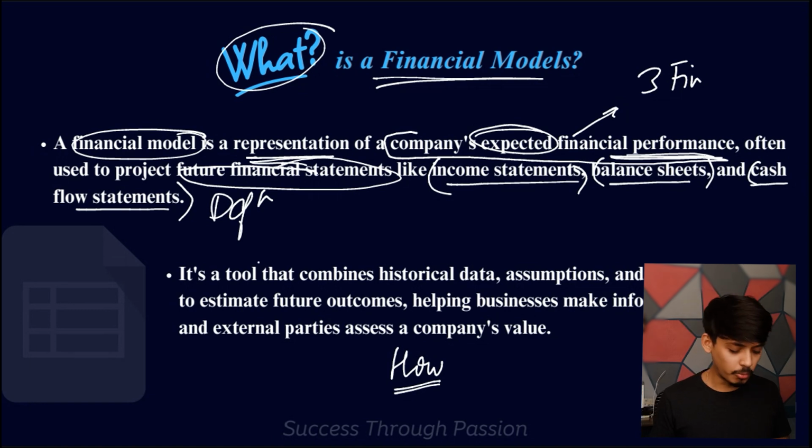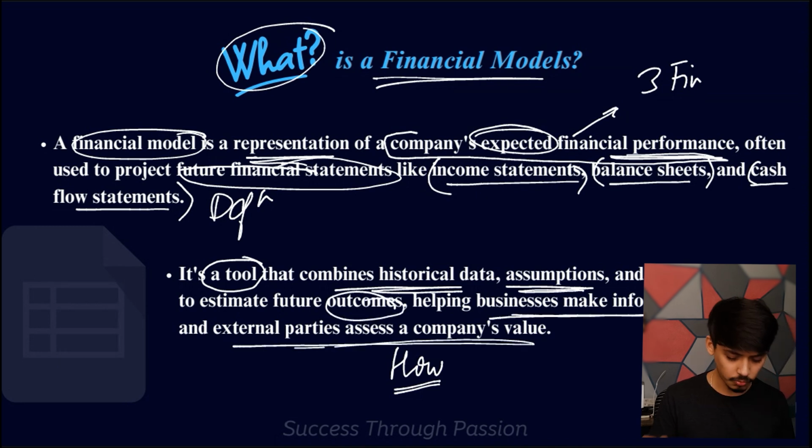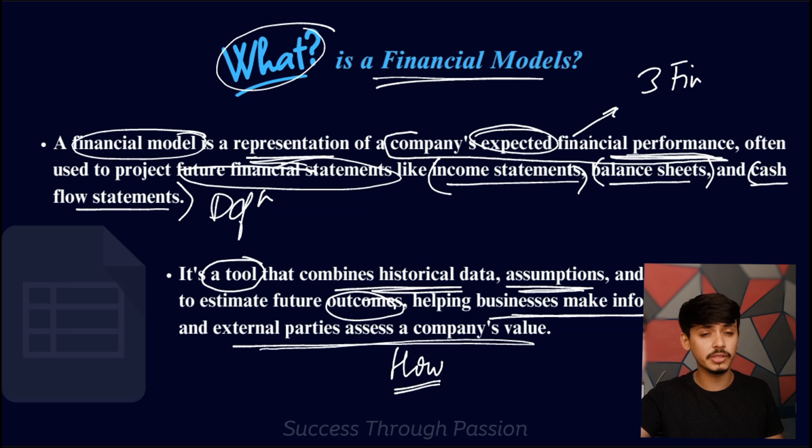Now how does a financial model work? A financial model is a tool that combines historical data, assumptions, and predicted trends to estimate future outcomes, helping businesses make informed decisions and external parties assess the value of a company. Many companies use internal financial models to make decisions for their business. For example, as a company owner, I see that the industry is going to grow 10%. So I will create a financial model for my company, and in that I will assume the revenue